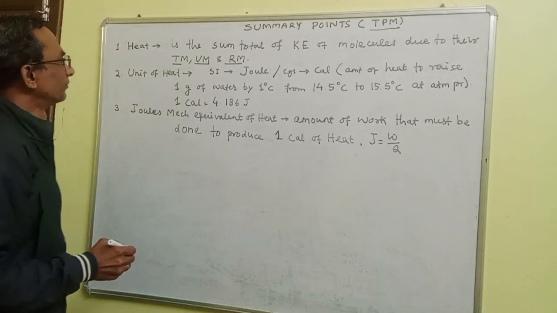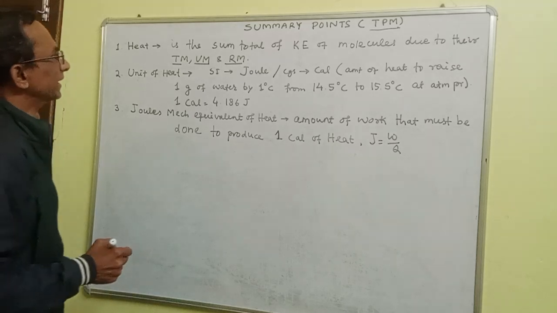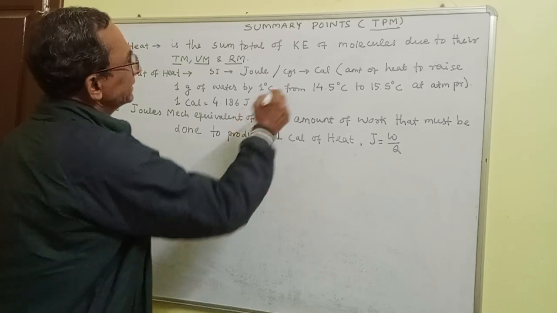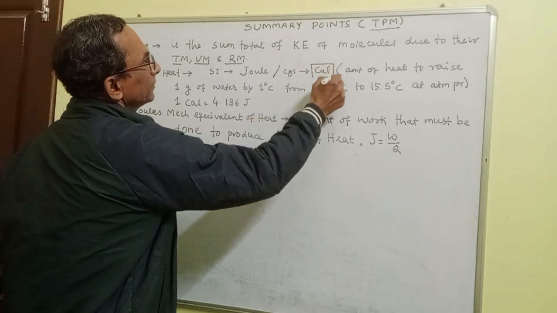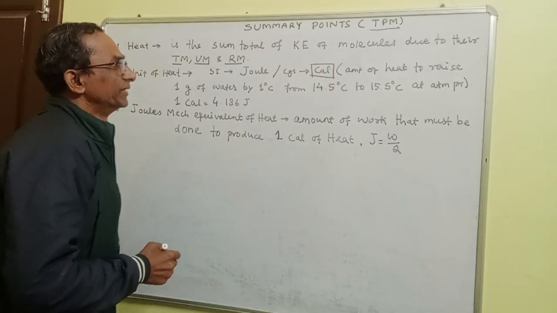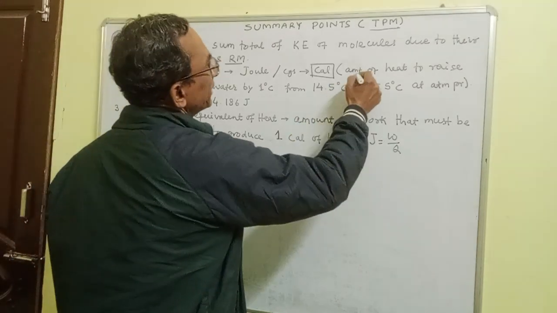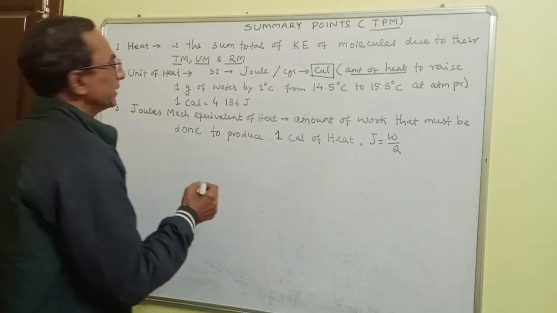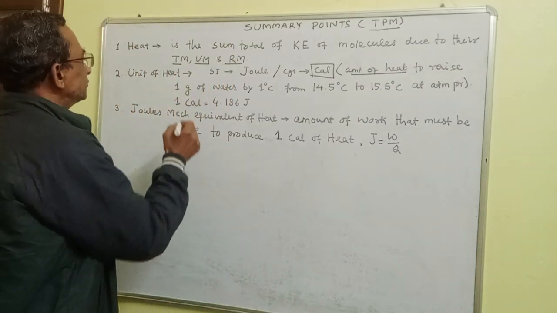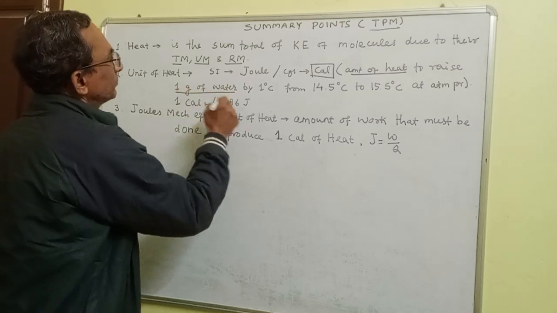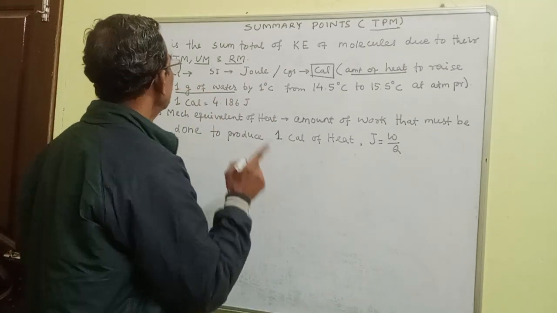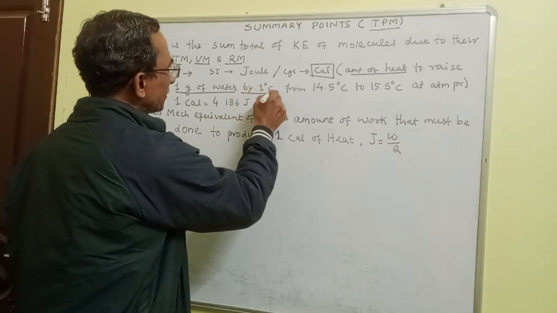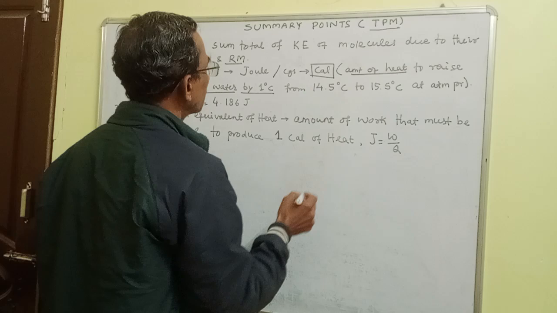Then what is the unit of heat? In SI unit system, the unit is joule. In CGS it is calorie. 1 calorie of heat is the amount of heat required to raise 1 gram of water by 1 degree Celsius. 1 ग्राम ऑफ वाटर को 1 डिग्री सेल्सियस टेम्परेचर बढ़ाने के लिए जितने अमाउंट ऑफ हीट की जरूरत पड़ेगा,